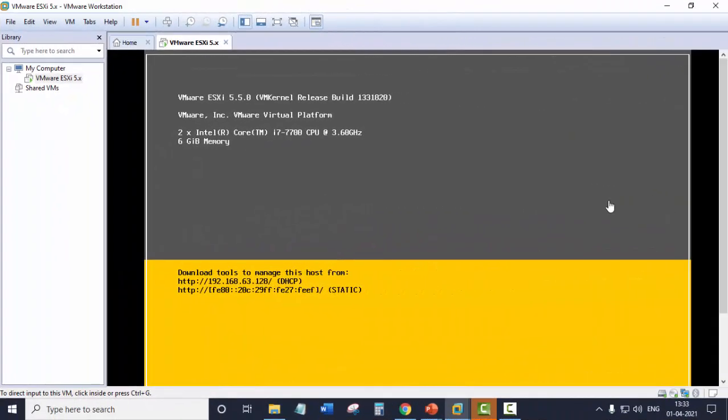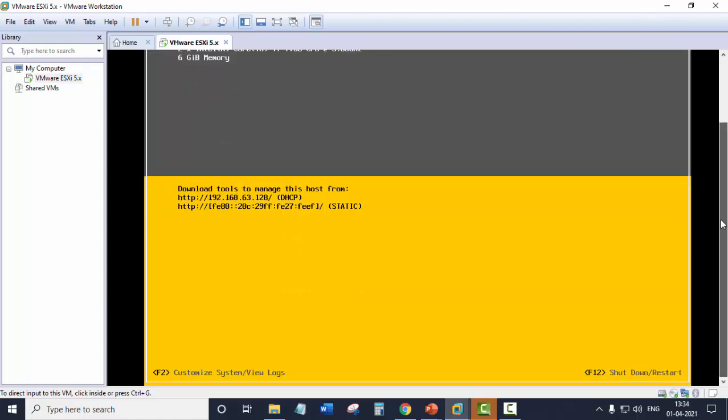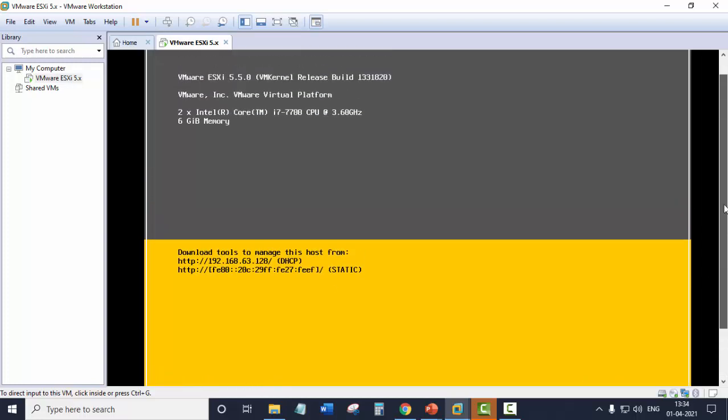This is the VMware ESXi server for which we saw the installation in the previous video. Here you can see we have two options: F12 for shutdown or restart, and F2 to customize and view the logs. And here you can see the IP address.